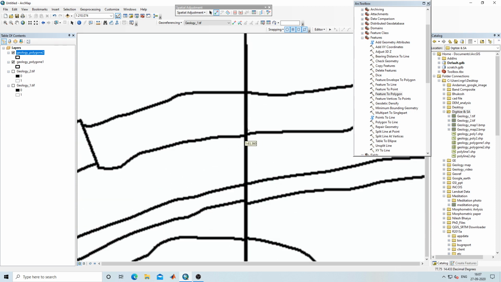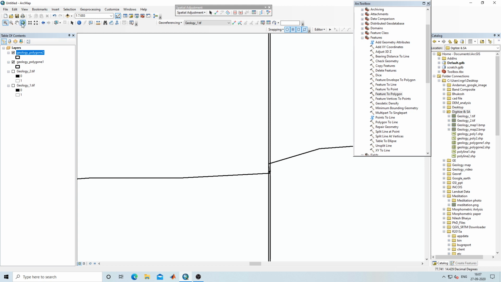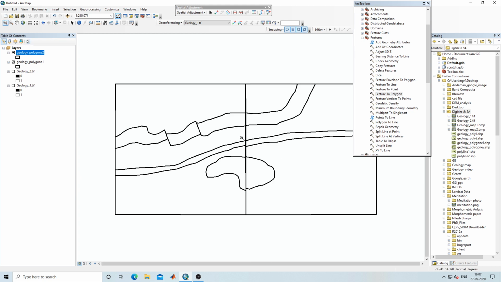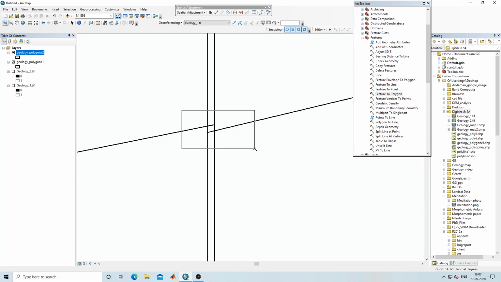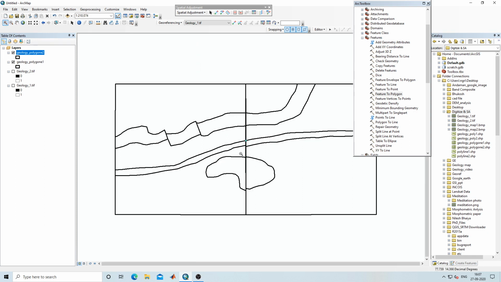So after that, we have given here. So see this, select this, this is our polyline 2, from polyline 2 to polygon 1. Again zoom, here I will zoom.